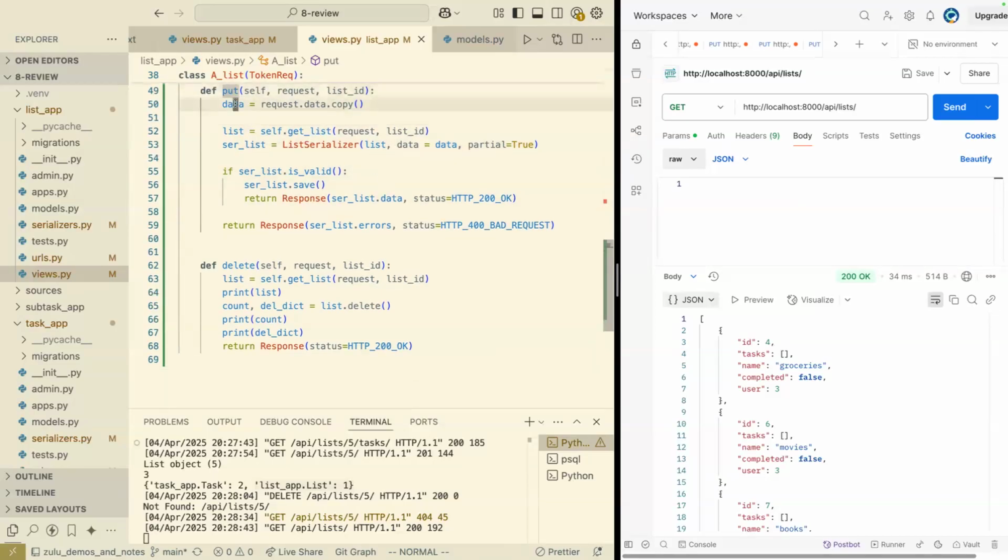So to modify a list, I'm going to make a copy of the data that's coming in. I'm going to grab the list that already exists in the serializer. I'm going to pass in the list that already exists. I'm going to pass in the new data I want to update, and I have to set partial to true. Then we do what we do with serializers where we check if it's valid, and if it is, we return